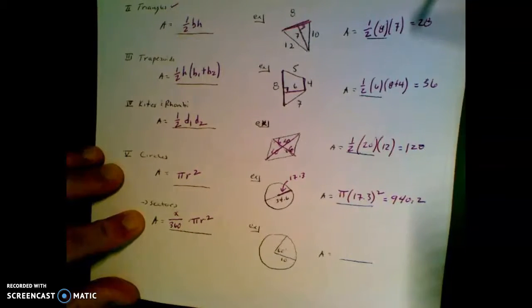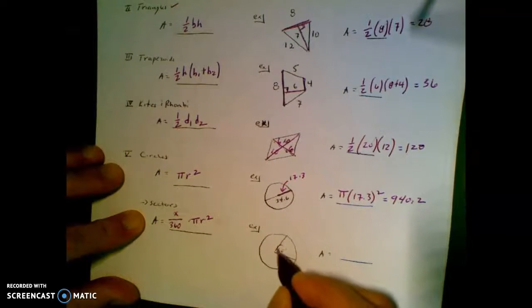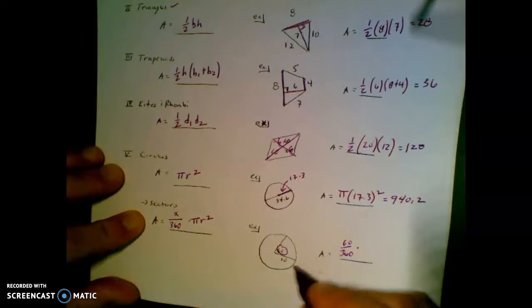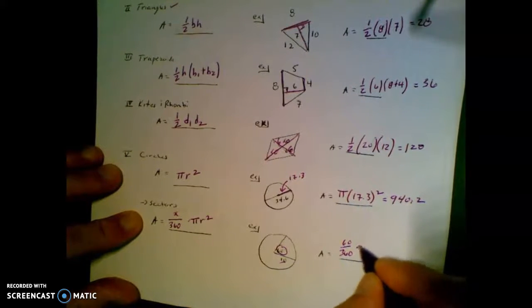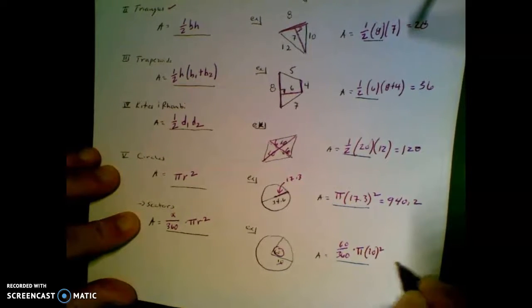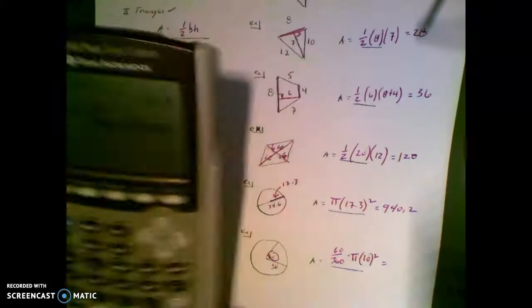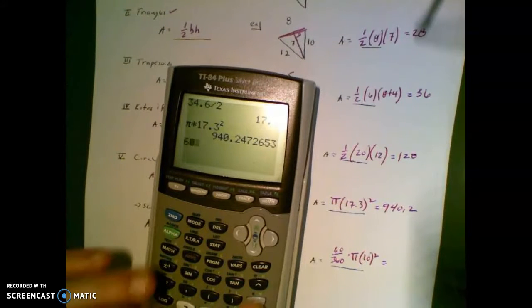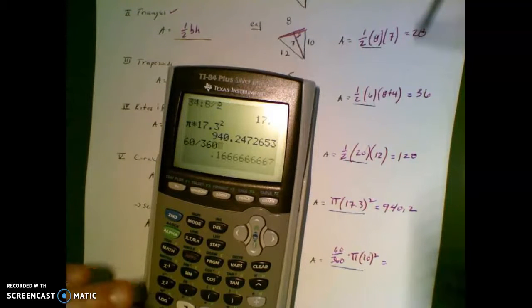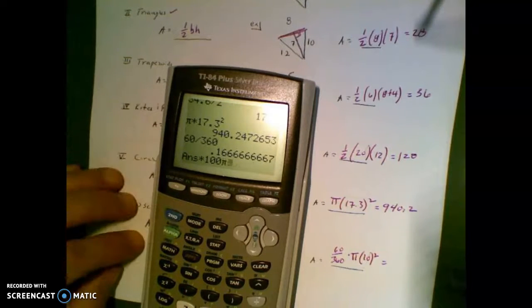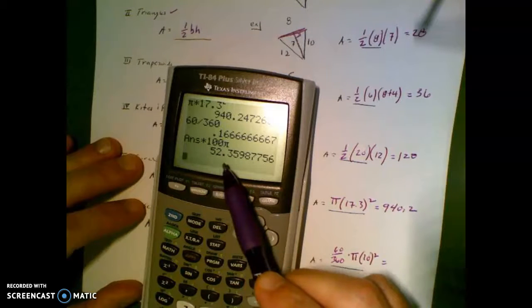That's the formula. So the x is the angle measurement, which I see in this picture is 60 degrees. So I do 60 over 360. Then I'm going to multiply that times pi r squared, or in this case, the radius is 10. So it'll be pi 10 squared. So then what I do is just plug all that into my calculator. So I would do 60 divided by 360, and then I'm going to multiply that times 10 squared, which is 100. So it's going to be 100 pi. And I end up with 52.4